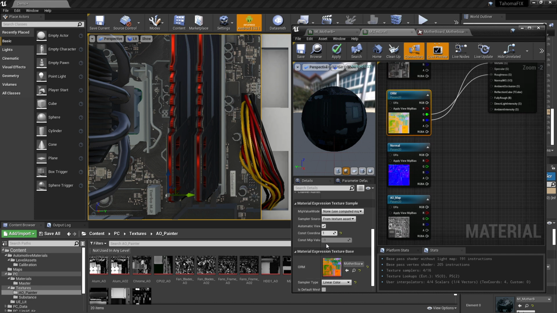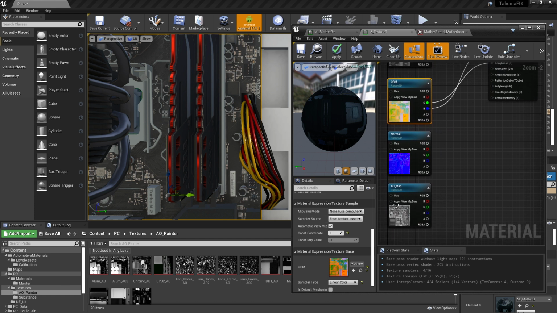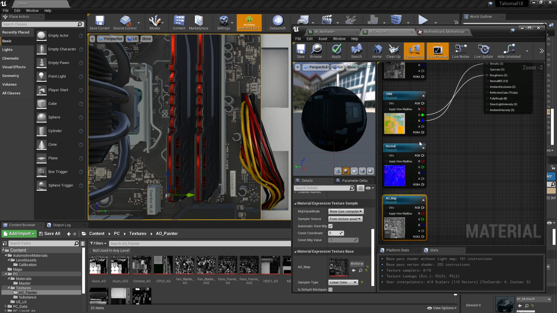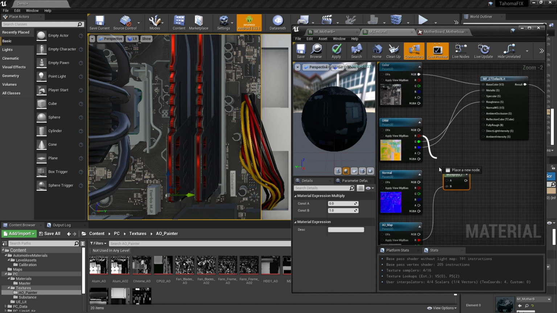If you remember, I talked about the fact that the constant coordinate on channel 1 is set for the color information, the normal map information, all those are using channel 1. And then that broader AO map is using UV channel 0. So what we want to do is multiply those 2 together. That's easily done by holding down the M key to bring up the multiply node and clicking with the left mouse button. We'll grab the red out of that, and then grab the red out of this one and shove that into the ambient occlusion.